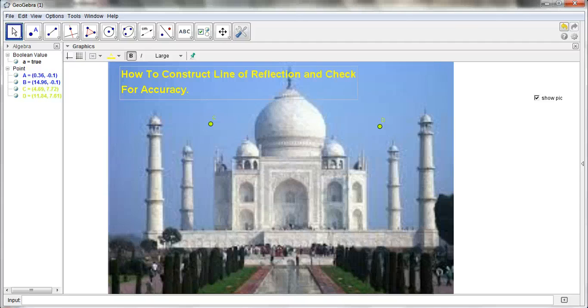Okay, this video is going to show you how to construct a line of reflection. For example, like on this picture here of the Taj Mahal, there's a nice symmetrical look at it. I hope your eye can see, if you were to draw a line straight down the middle of this picture, that would be like a reflection. We could fold the left side to map onto the right side, but mathematically speaking, it means that there's pairs